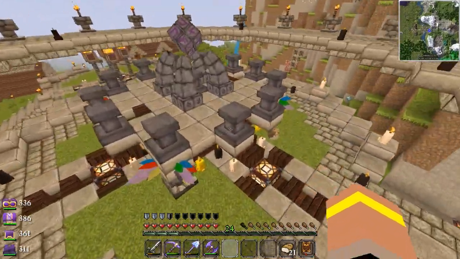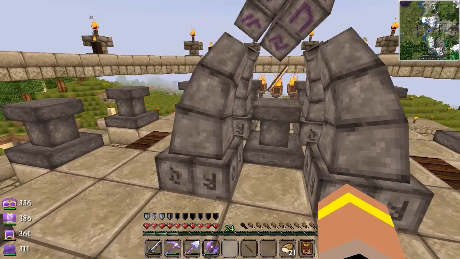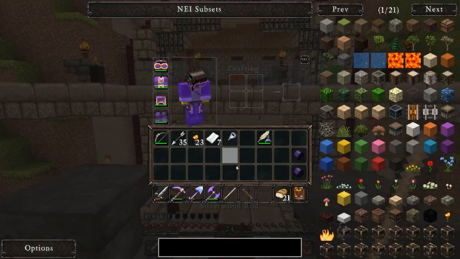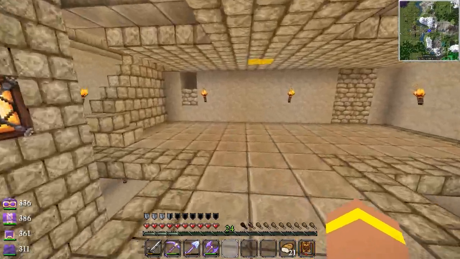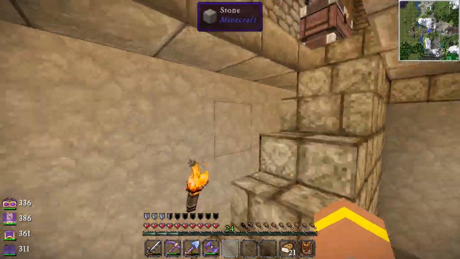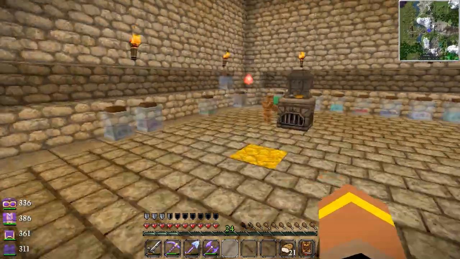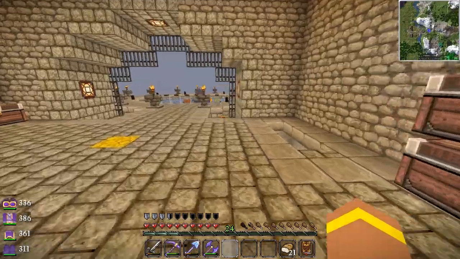Nice. So we can grab you. I really need some boots of the traveller so I don't break my leg every time. But there we go. So that gives us our silverwood rod. Nice. Now we need to charge our inert caps. So to do this, we're going to need around here somewhere